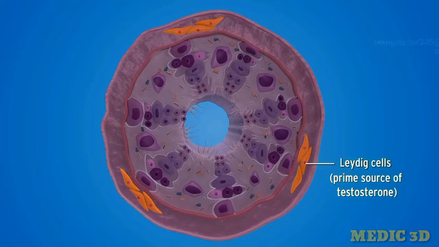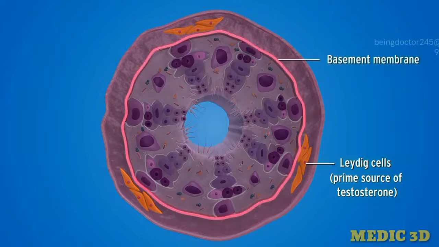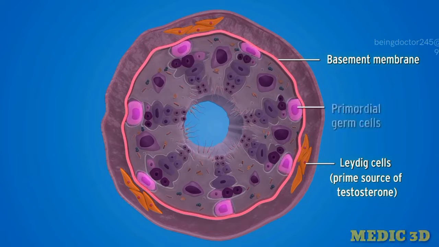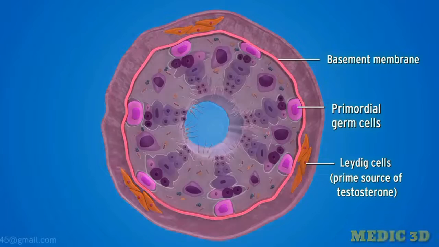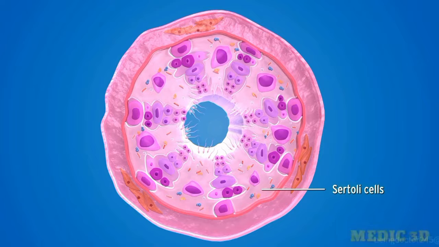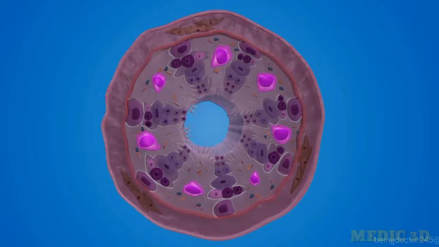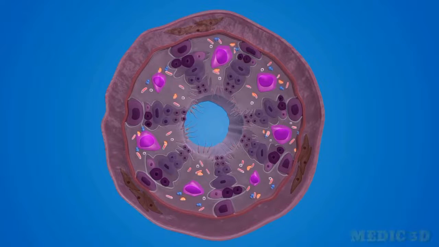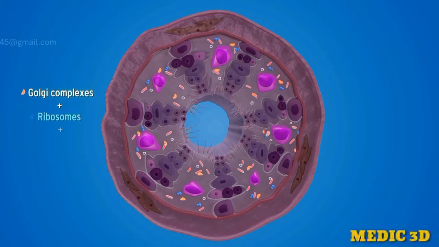The seminiferous tubules consist of a basement membrane on which the primordial germ cells lie. These germ cells differentiate or mature as they advance towards the lumen of the seminiferous tubule. Also interspersed between the spermatogonia are the Sertoli cells, which are large pyramidal-shaped cells with a centrally placed nucleus and nucleoli, with numerous cytoplasmic organelles such as Golgi complexes, ribosomes,